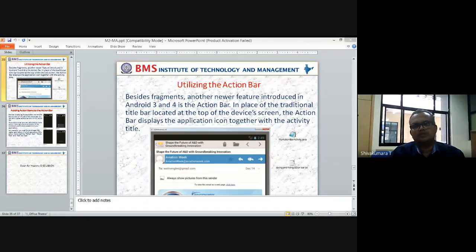If you develop your application using API 15 onwards, Jelly Bean 4.1 onwards, as your minimum SDK, worldwide it will be accepted by more than 90% of the users. So that's the minimum SDK you require to support.